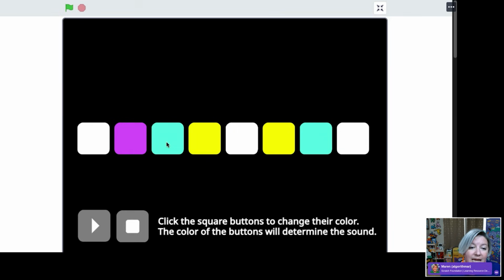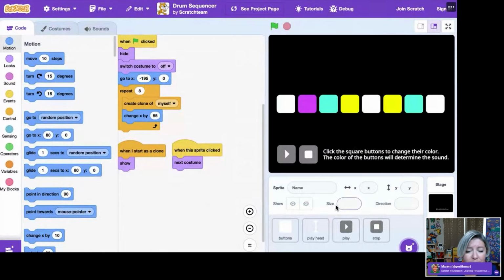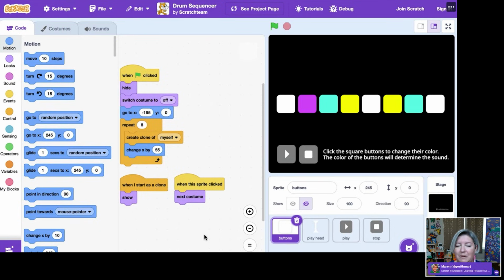And so then as I play it, as it touches each square here, it's looking at the color and determining what sound to play. You may have seen some of these projects on maybe like a Google Doodle screen or in other places.